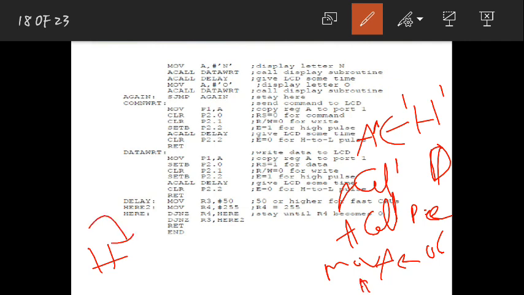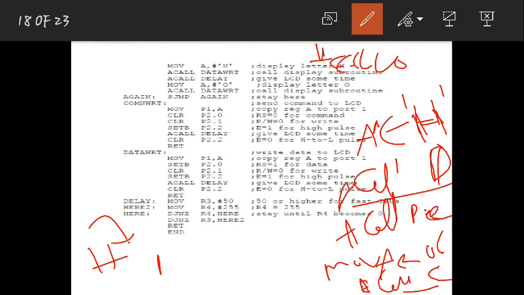After that, A call command. After writing A call command, next you can give delay or you may not give delay, that doesn't matter. All I want to see is the time difference between displaying h and e. Already you have given a delay, so for that much time h will be on this position. So after calling command, that cursor moves here. Now I want to write other data, that is hello. My program was to write hello.